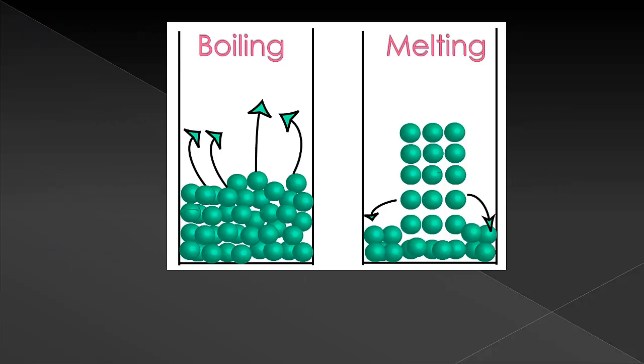So if you have something that is going to be boiling, you have everything kind of rummaging around. It's in close contact, touching each other, but it's not in a solid crystal. And then when you apply some heat to this system, it gives everything enough energy, and so a little bit at a time, the molecules are able to escape the liquid and go boiling off. And how much heat you need to add to that is dependent on how much these are going to stick together. Melting is kind of a similar situation,